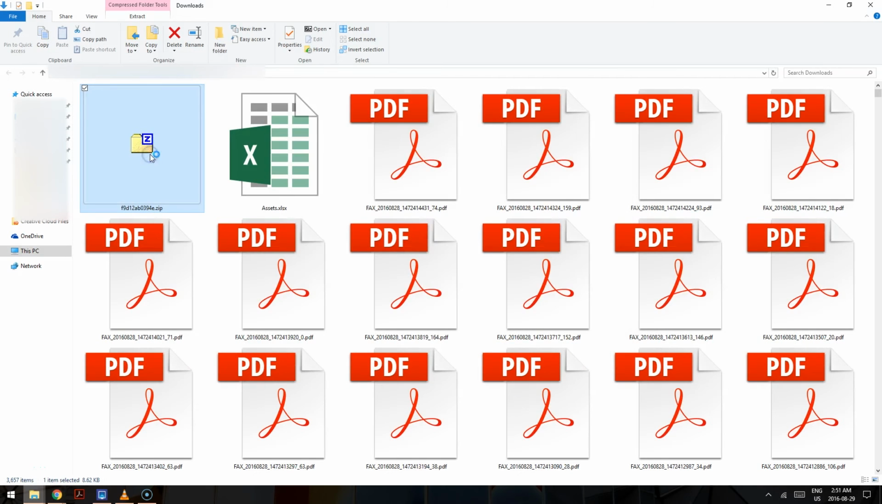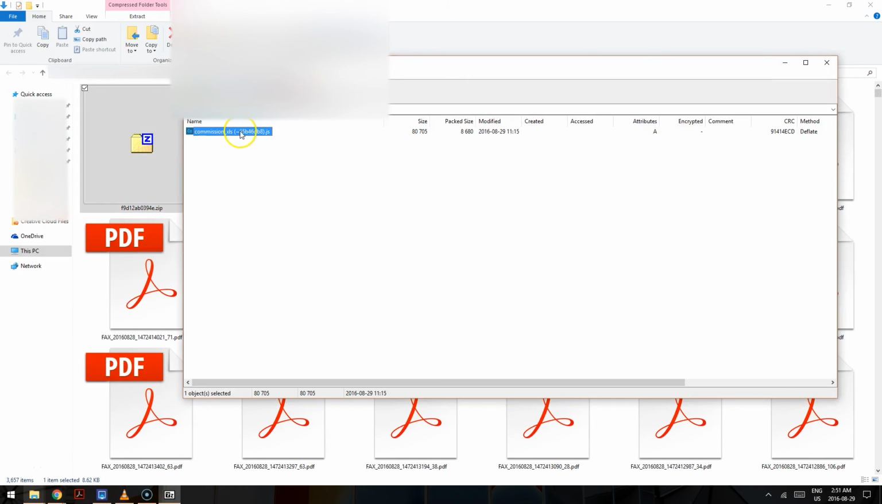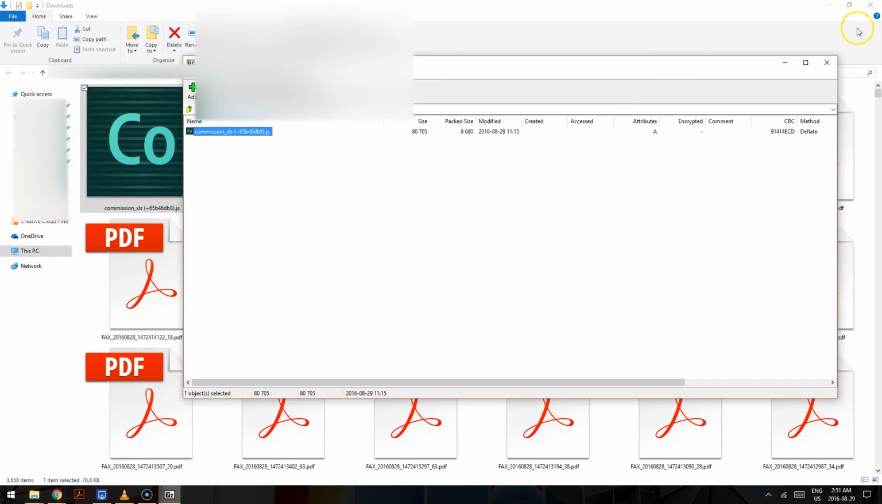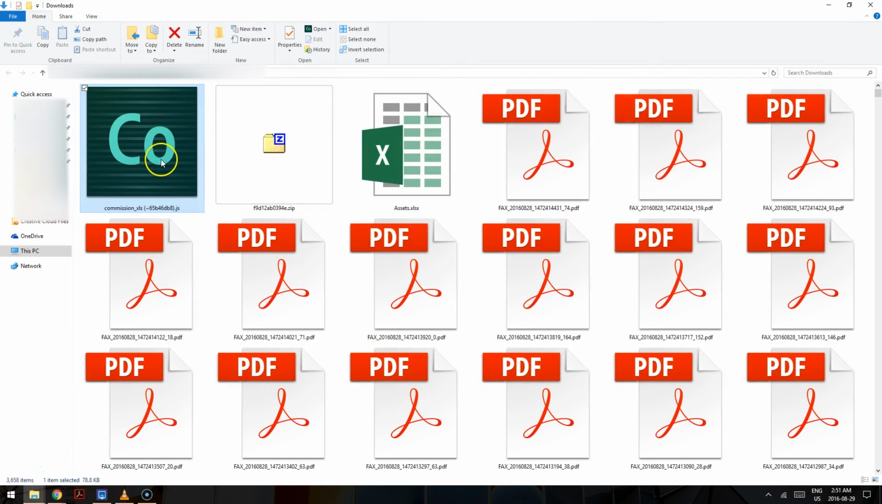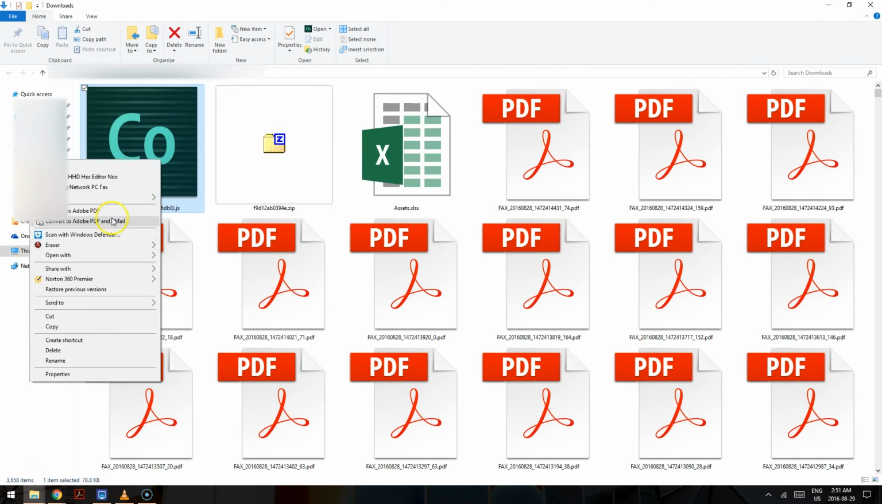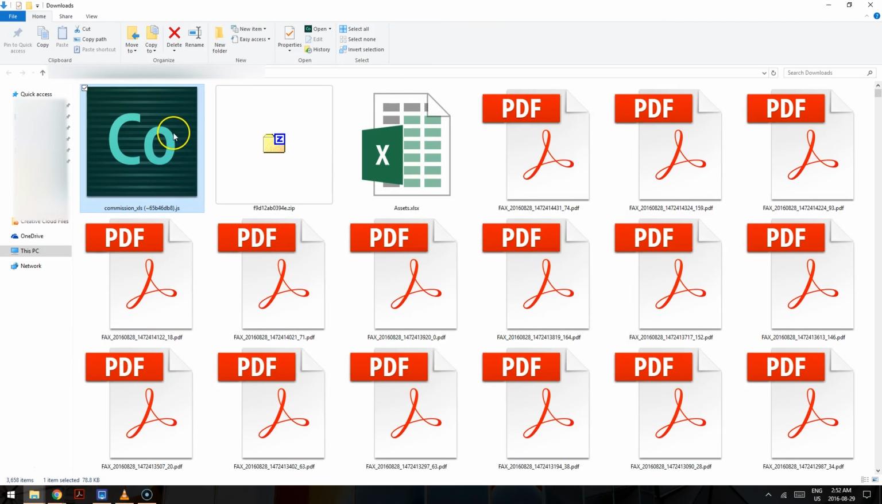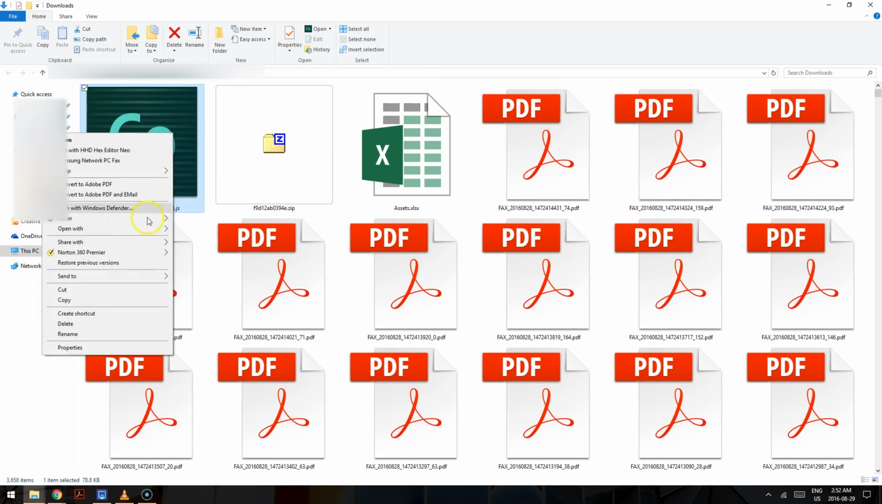So I extract the JavaScript from the zip file, and looking inside the JavaScript, we try to scan the JavaScript with Norton, and again it fails to detect the virus. So if we open this with Adobe Edge Code or Notepad,